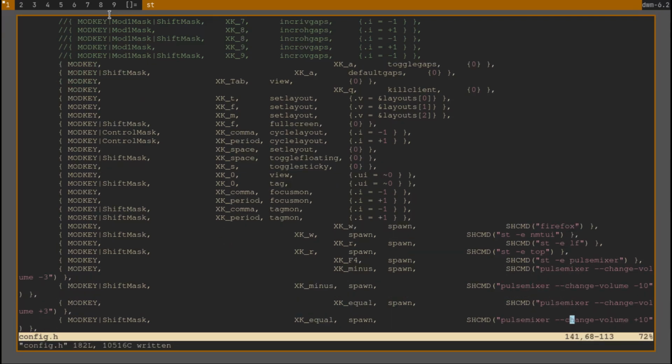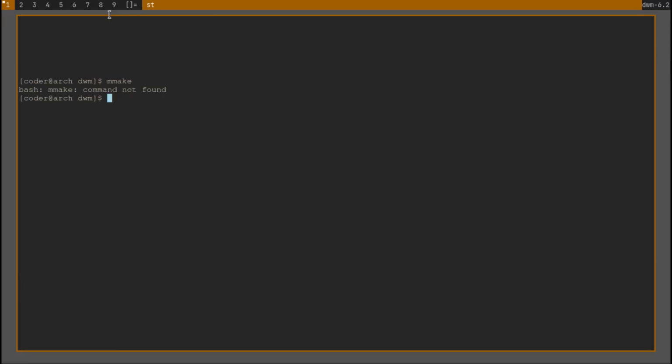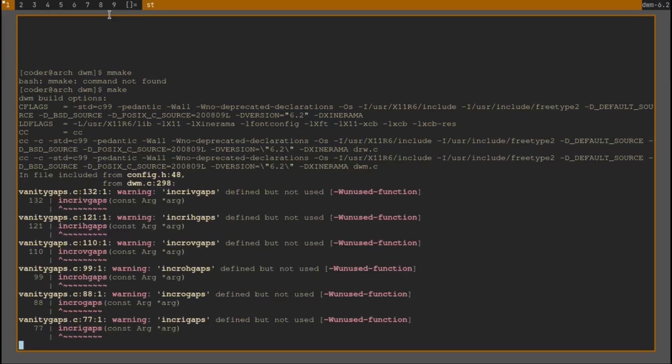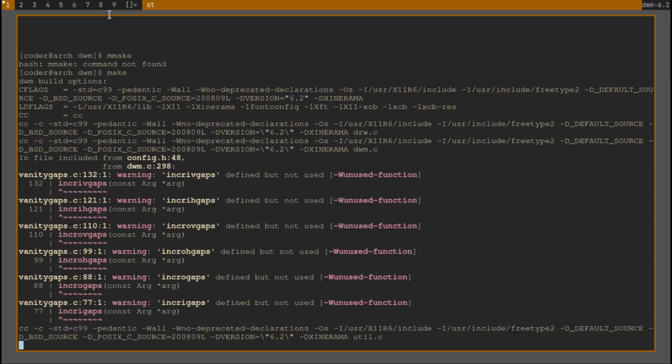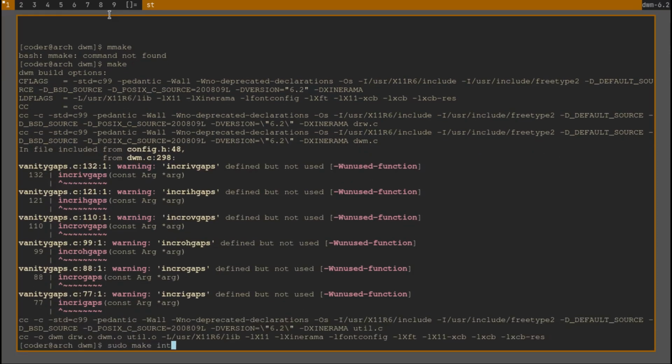This is important. I have some key bindings for opening Firefox and then opening my utility for connecting to networks. My previous browser was Brave, but I have not installed Brave in this VM, so I changed it to Firefox. After you have changed anything in the config file, you should compile the DWM program again: make and then sudo make install.